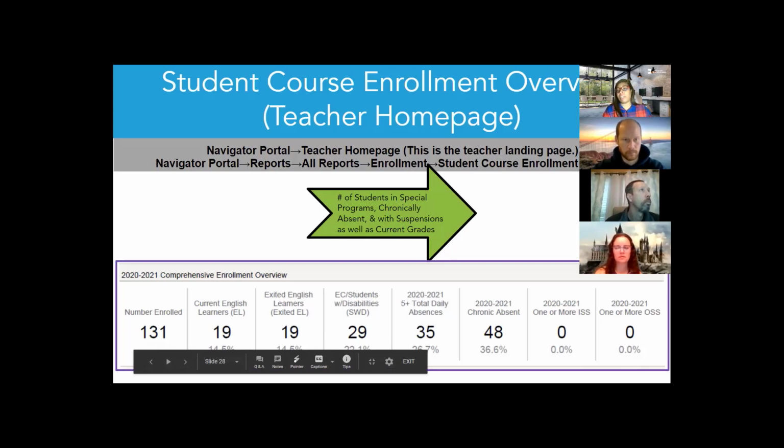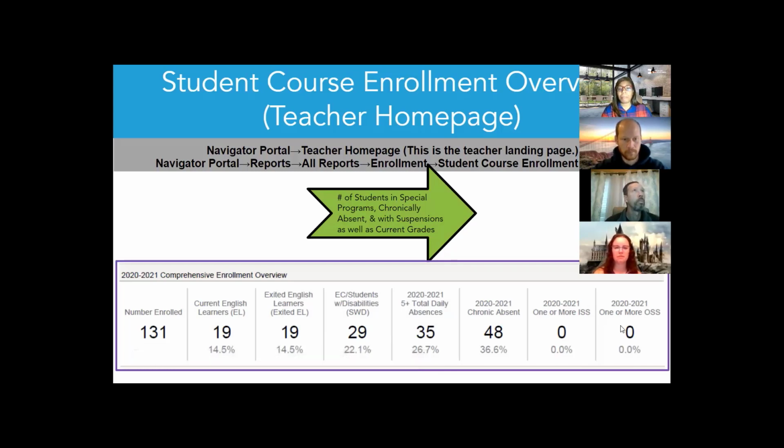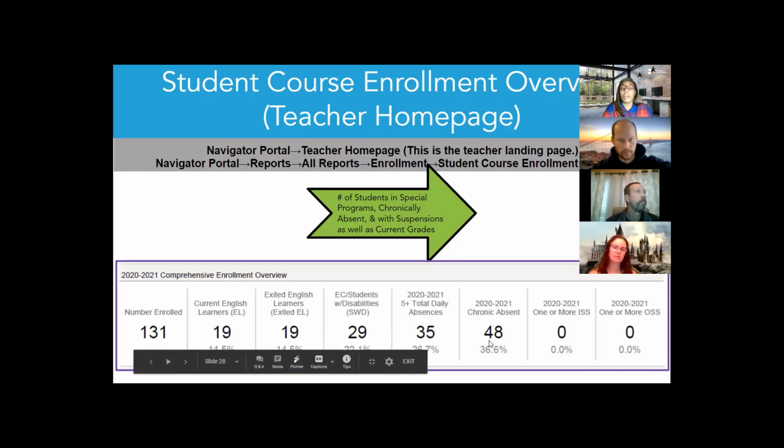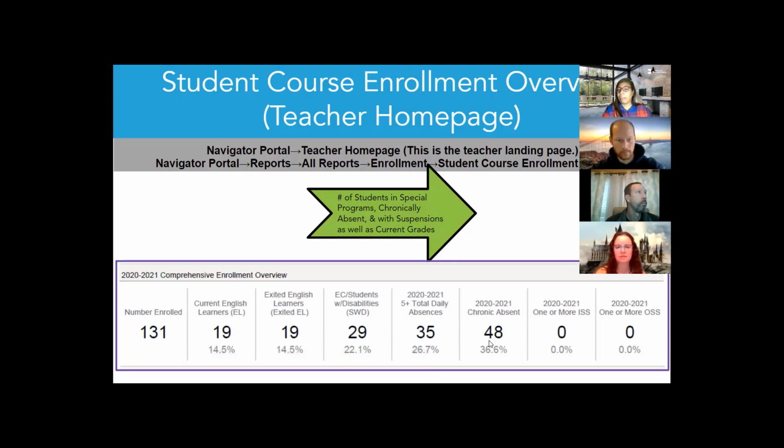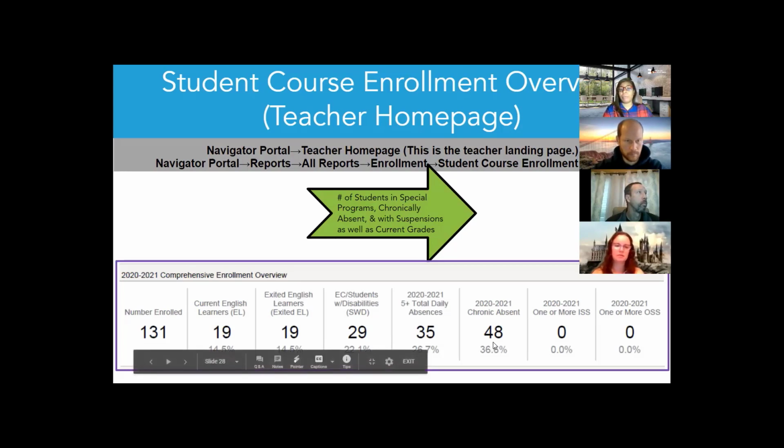So this was actually pulled from this year. So obviously we know that discipline data is kind of non-existent right now for most students. But we do have chronically absent students, so students who this year would have really not been logging on and being accounted present for in